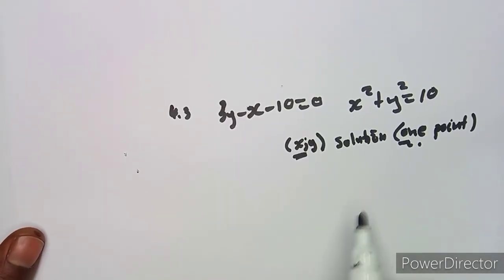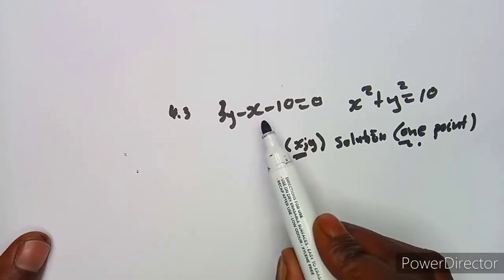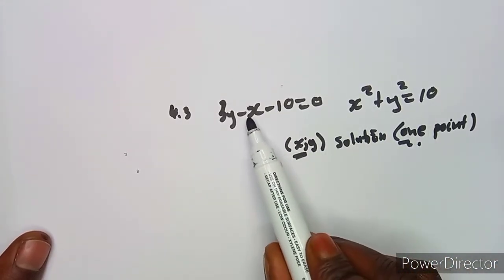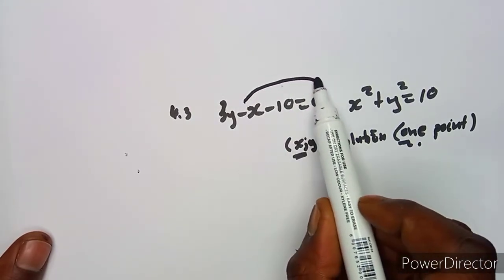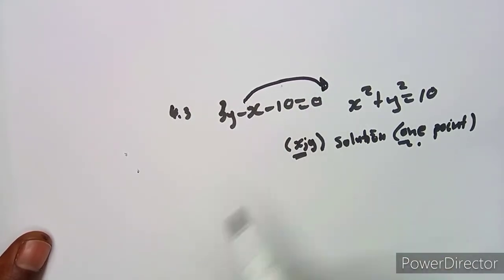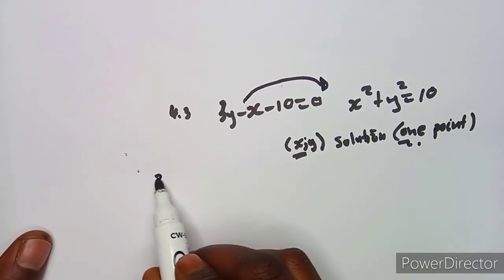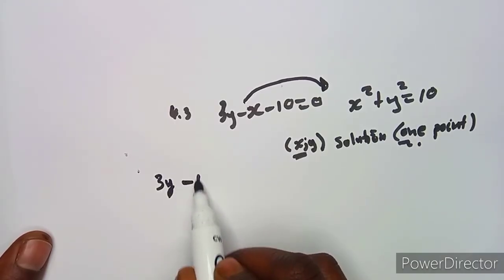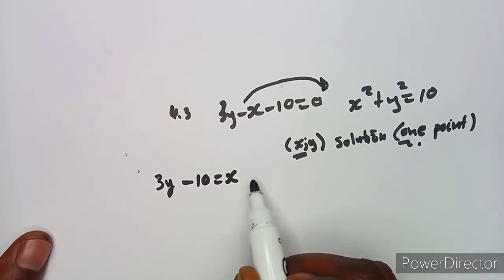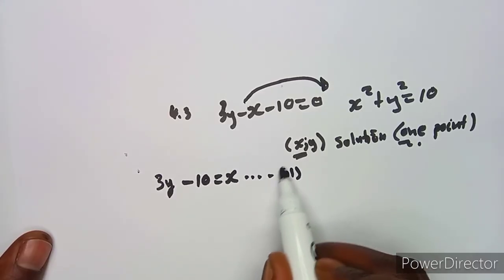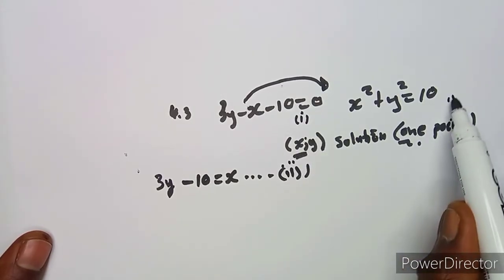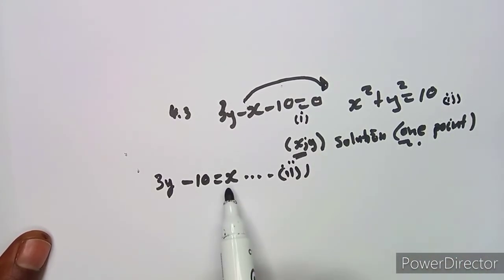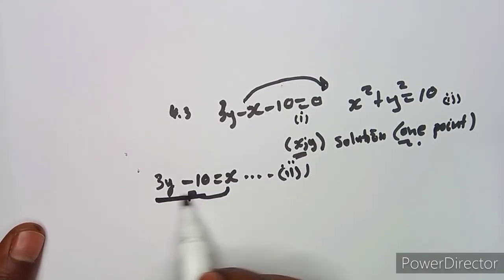So how are you going to do this, guys? This is equation 1, equation 2. Let's just make x or y the subject. We can make x the subject because I can just take this to this side so that it can be positive. So that means 3y minus 10 is equal to x, which will be our equation 3. All right, so if our x is equal to 3y minus 10, I can substitute this